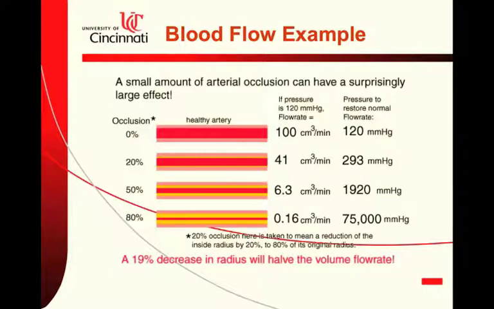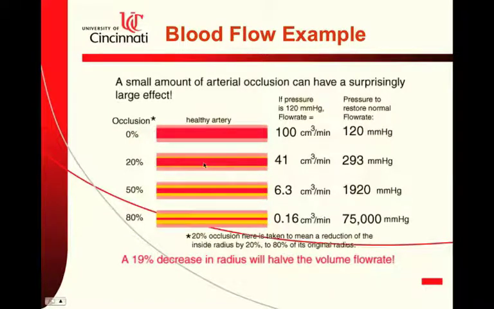And this has an even larger effect, say, for example, for arteriosclerosis, and this is why it's so dangerous. A healthy artery is completely open. If you have a pressure of 120 millimeters of mercury, the flow rate's basically 100 centimeters cubed. And so the idea is if you have arteriosclerosis, then you get sort of plaque on the inside of the arteries, and it